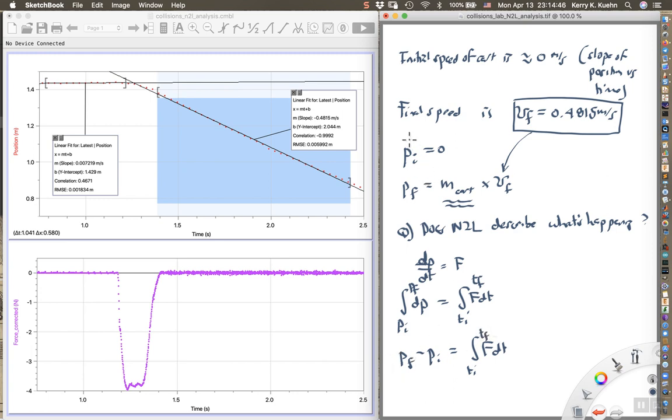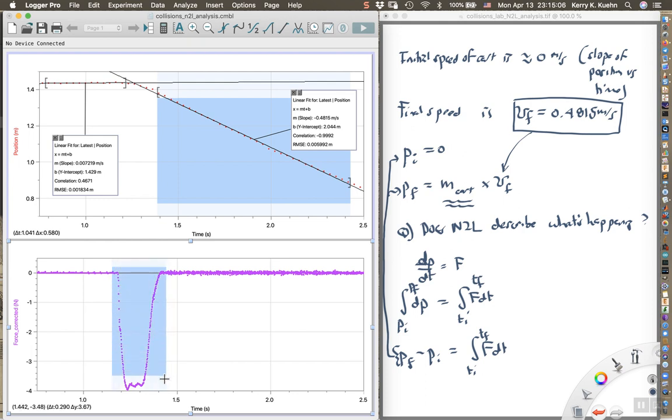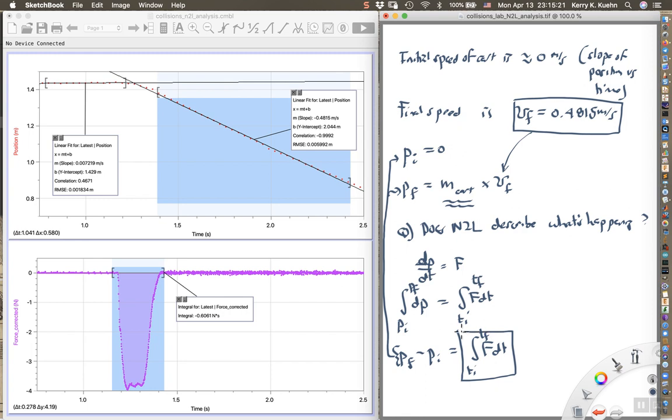The change in momentum will just come from the initial momentum and the final momentum. And this right here, what I can do is integrate from the initial time to the final time. That means the time during which this force is being applied. So about from here to here, let's go ahead and integrate that. And voila, I get the integral of the force. So this right here, the integral of the force over time, that's the area under that curve. The integral of the force is equal to